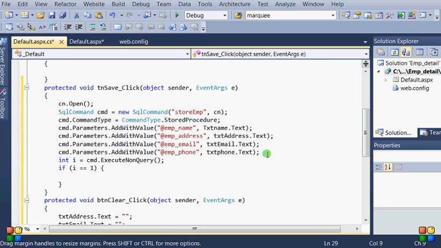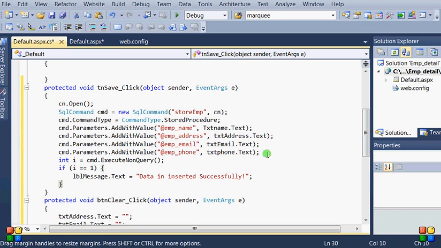So here we can change the label: lbl.Text equals to a message string, data is inserted successfully.